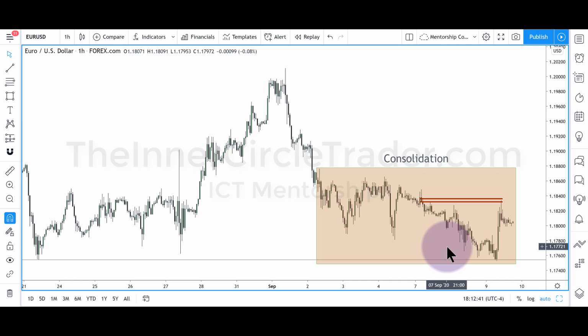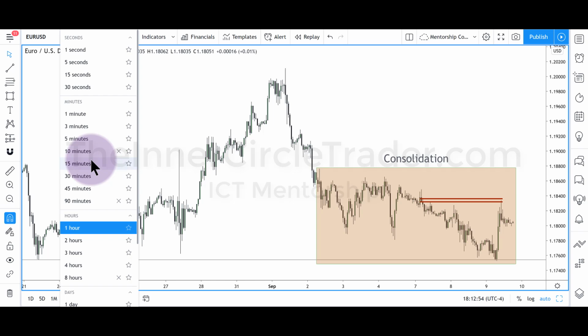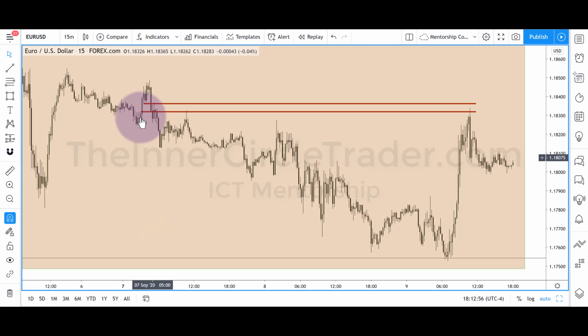Euro pound bullish, euro consolidation, cable lower, dollar higher. Okay, I'm sticking with that until proven otherwise. All right, so if we drop into a 15-minute time frame, you can see the fair value gap